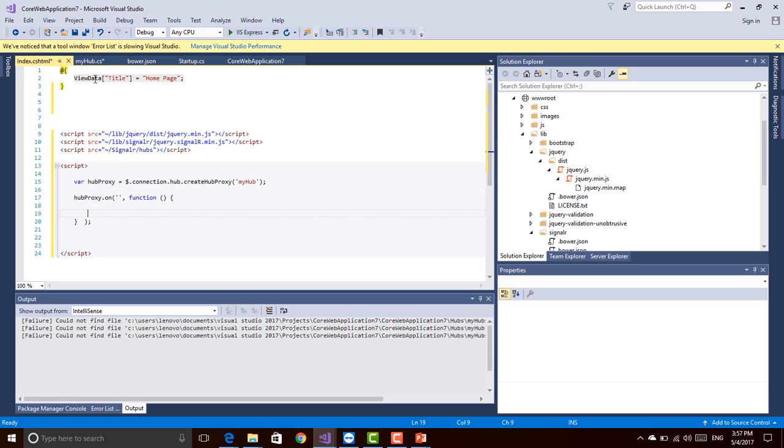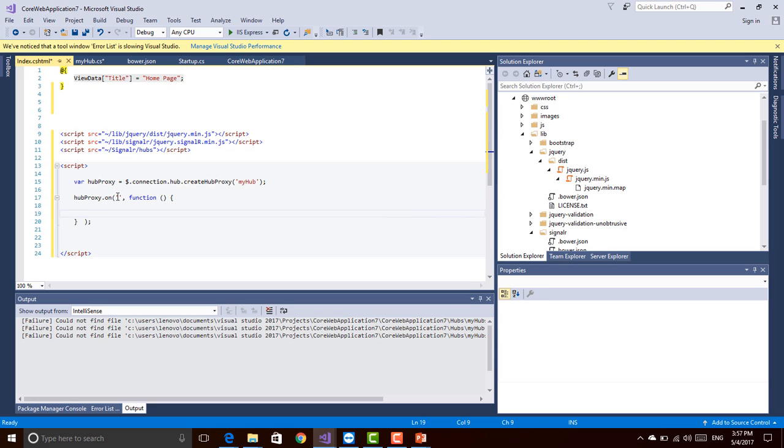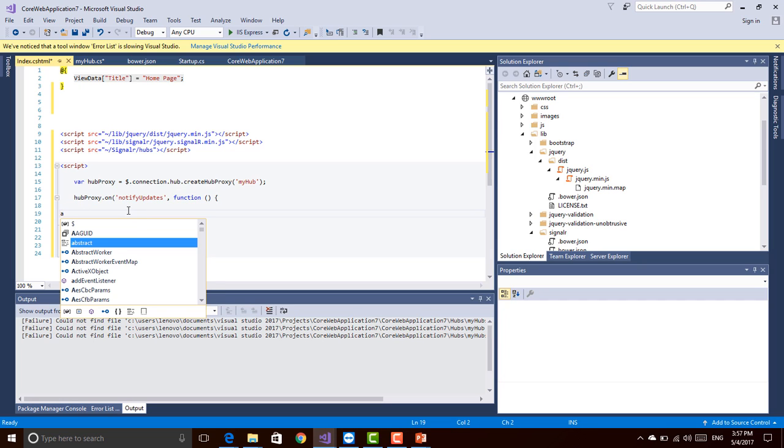From the myhub.cs, I will simply copy the name which we have given, which the server is expecting to be a method available at the client side. So I copy this and put it here. What we are doing here is telling our hub proxy that whenever notify updates gets called from the server side, this is the callback function which you need to call. And once this is getting called,